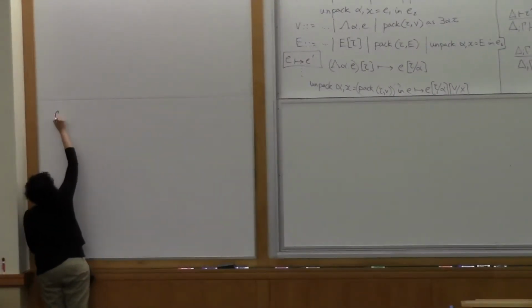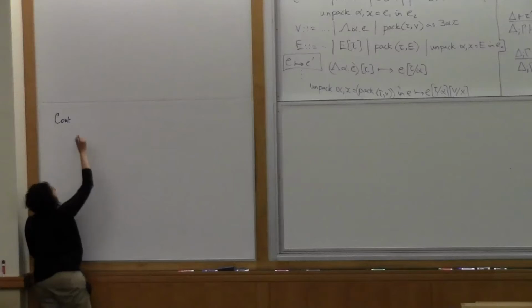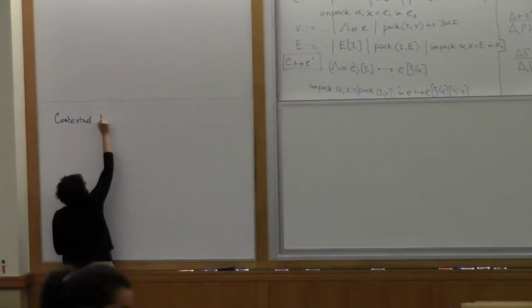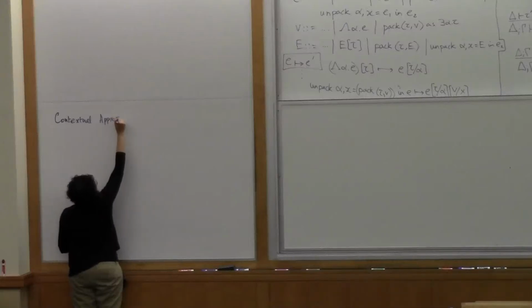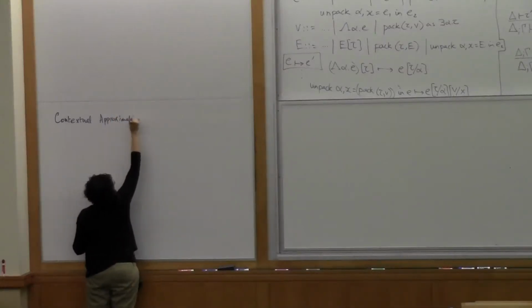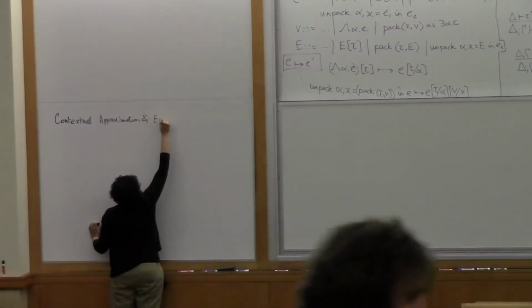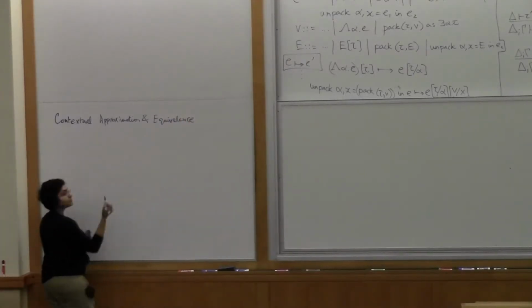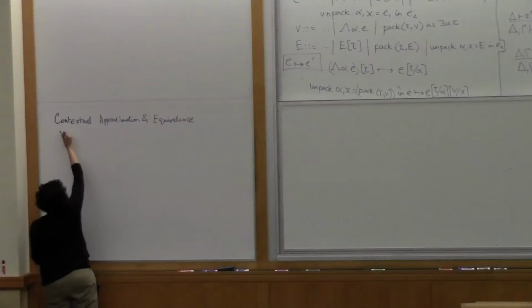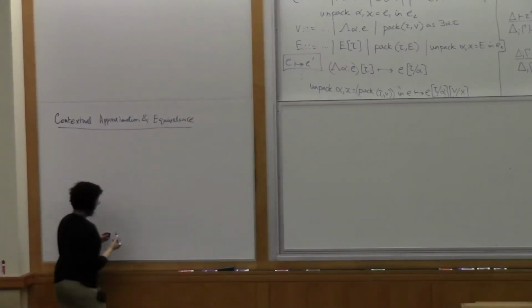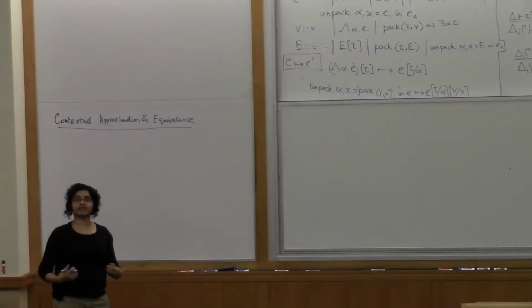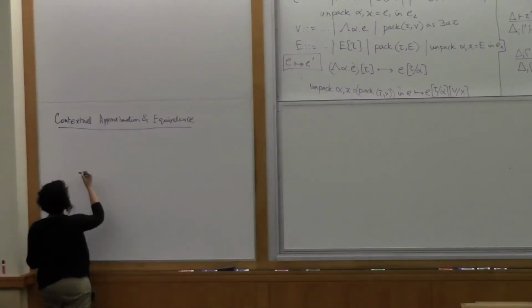So let's just put that up again. Actually, let me split it up into two bits, which I did not do yesterday, but let's do it now. Contextual approximation and equivalence. If this pen runs out, please someone scream. Okay. So instead of defining contextual equivalence directly like I did yesterday, I'm going to,